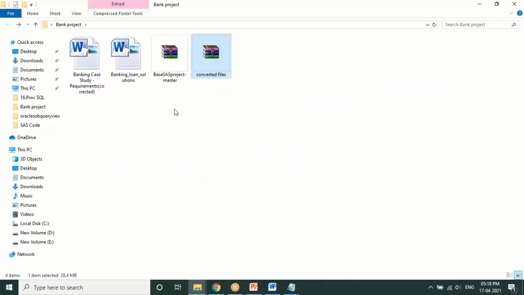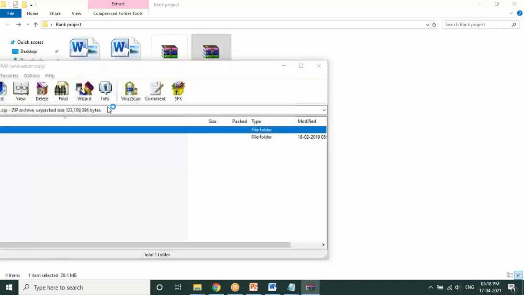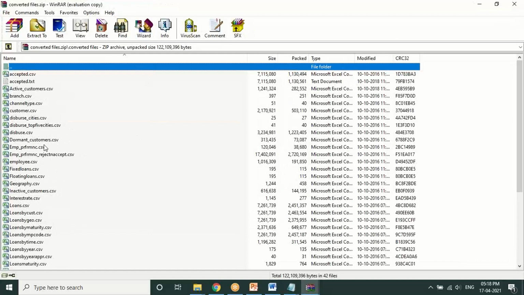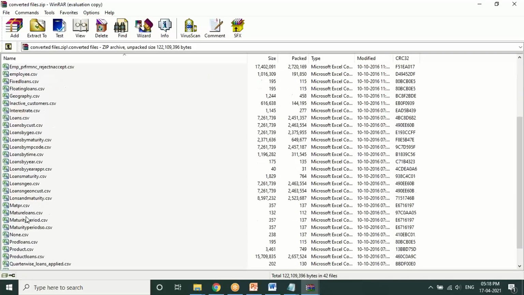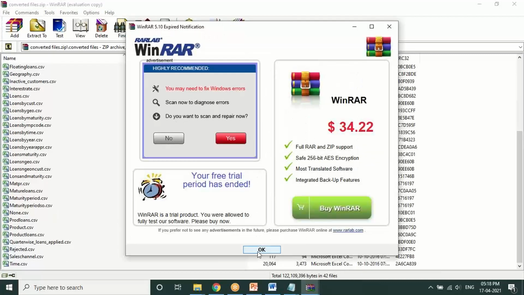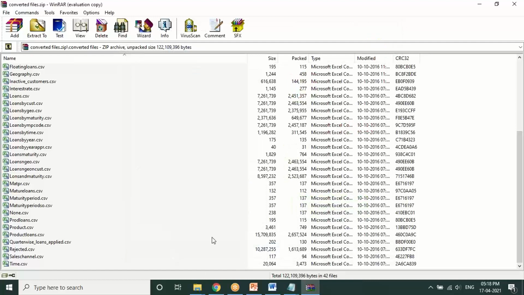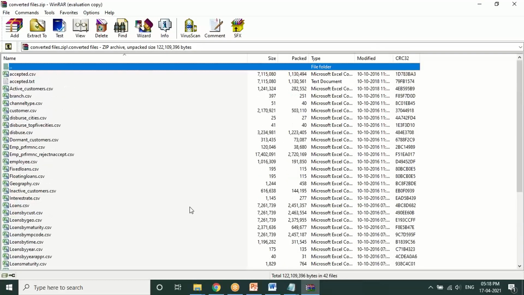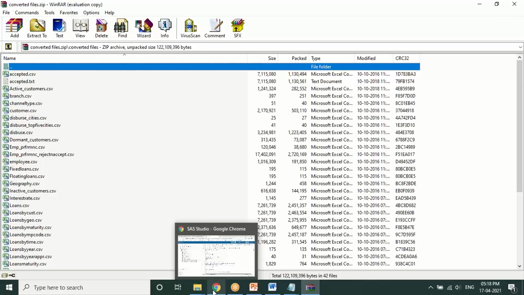I don't have all this data loaded because you can see there are a lot of files which are supposed to be uploaded. These are all the different types of files, all the system files and all the CSV files, which I first have to upload and prepare a dataset from, and then execute the code upon it. Then we'll be generating a report. I've just not extracted all the data here, which will take some time. So that's the reason I'm not able to show you the report.